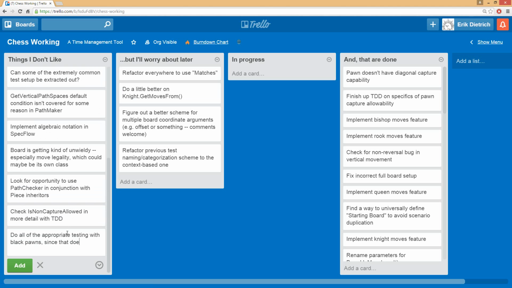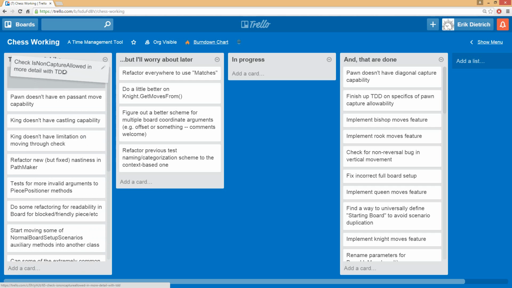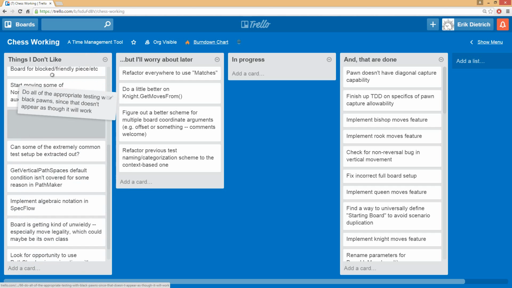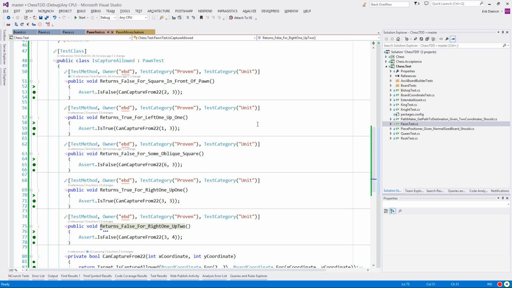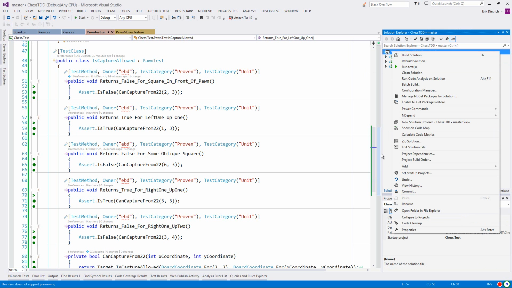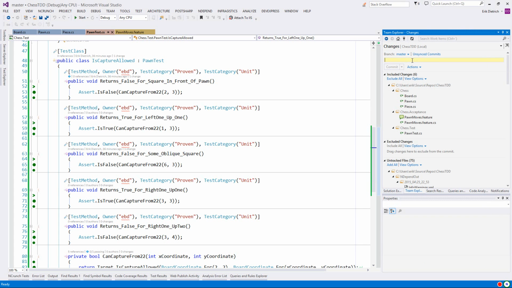And then, I'm kind of confusing myself by recording episodes at once. Since, as I've been mentioning, this clearly isn't going to work for the black pawns. And I'm going to bump those up to the top because while I'm congratulating myself a little bit, it's not exactly done. There's work to be done on this pawn implementation. So I'm going to bump those to the top and then hopefully fairly quickly after that get around to en